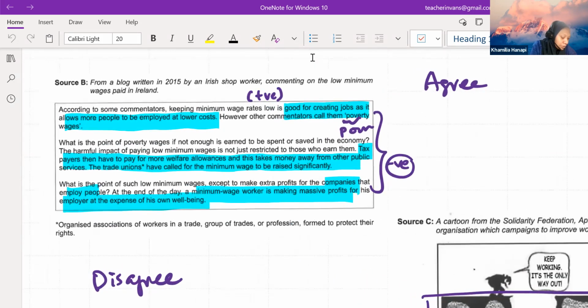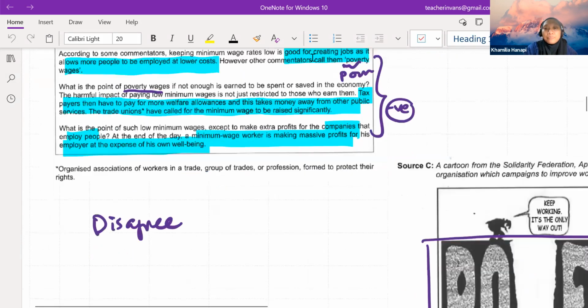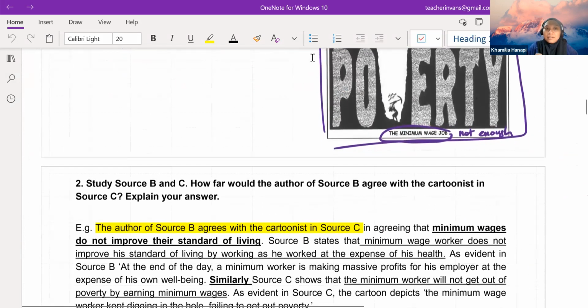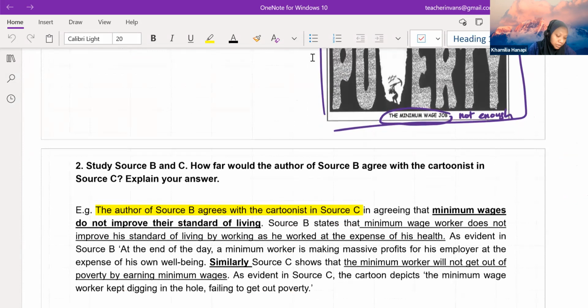So remember, when I talk about compare and contrast or agree and disagree, it is about the keyword. It does tell you at the end of it that the author of Source B agrees with the cartoonist that it doesn't improve the standard of living. It doesn't improve because people have to work at the expense of their health, correct? Because they just keep on working, but they never meet that target, or they never make enough money to sustain